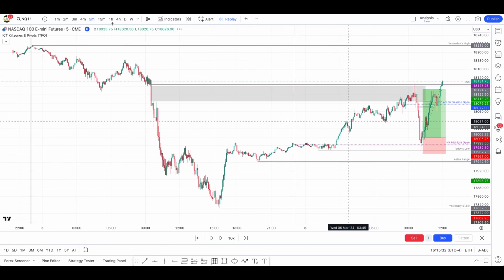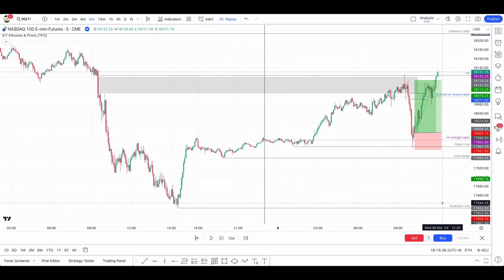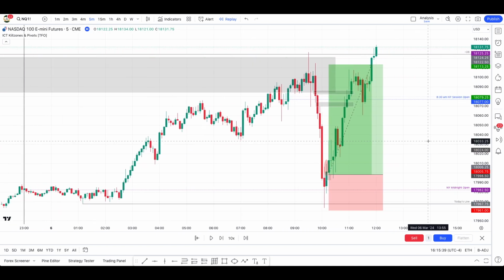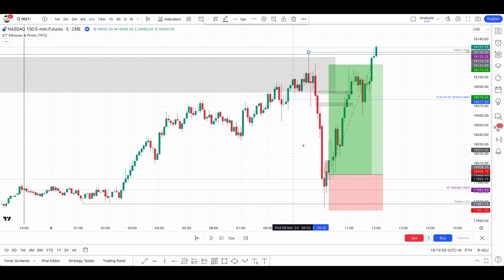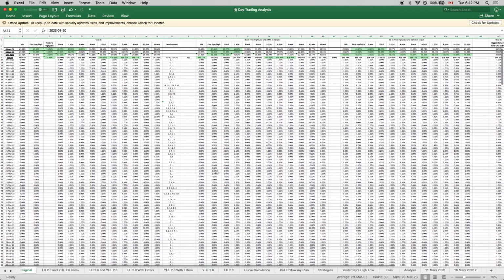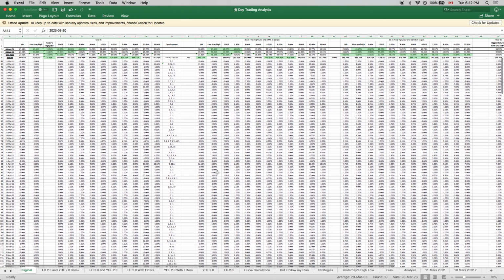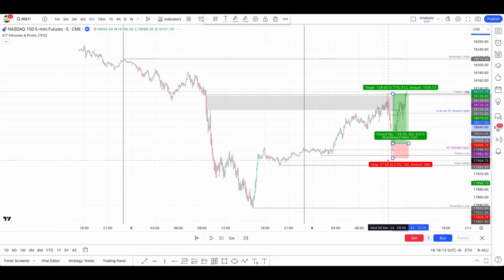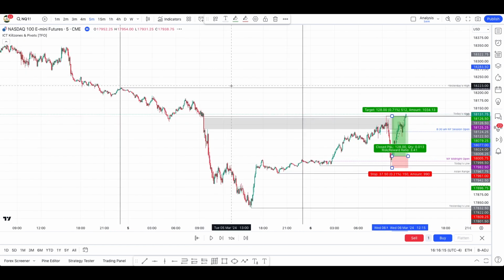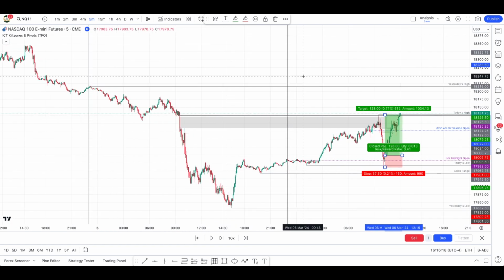And I was also open to take a trade from yesterday's high or yesterday's low. And finally, for the take profit, you see that this level right here is today's high, right? It was the highest point from 12 a.m. to the time we took the trade. And what I've also been doing in my own journals and my own Excel sheet that I'm giving to the members is studying how much I would get if I was targeting this level instead. So in this case, I would have gotten 0.4% more out of this trade. And we can even see if we will reach yesterday's high. You can see that those take profit levels are also very objective.